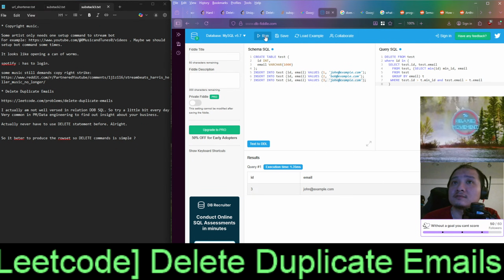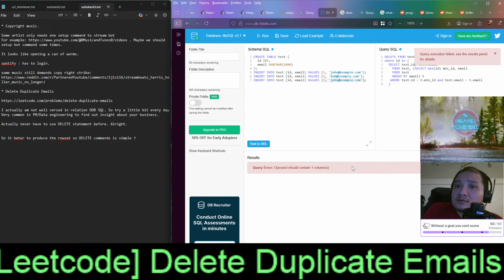Operand should contain one column. What does that even mean?